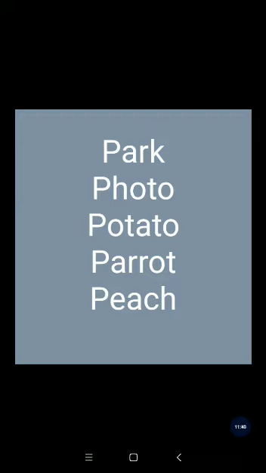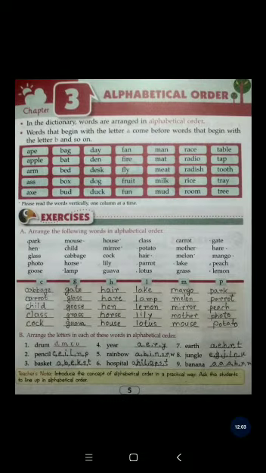And in the last of this video, I will tell you the answer for exercise A and exercise B as well. So you arrange them and write in the column of C, G, H, L, M and P. So I think all of you have done exercise A and B. So here is the answer. I have arranged them according to the alphabetical order. So you please look at these words and see.